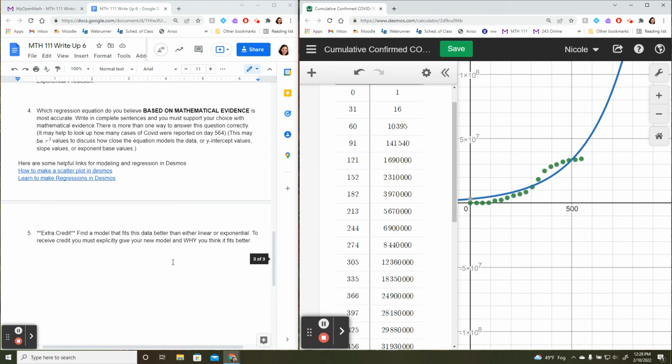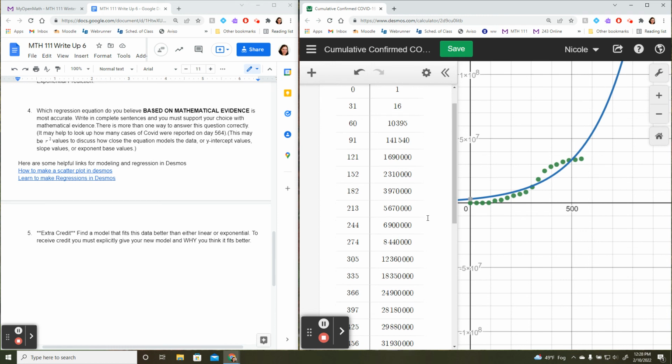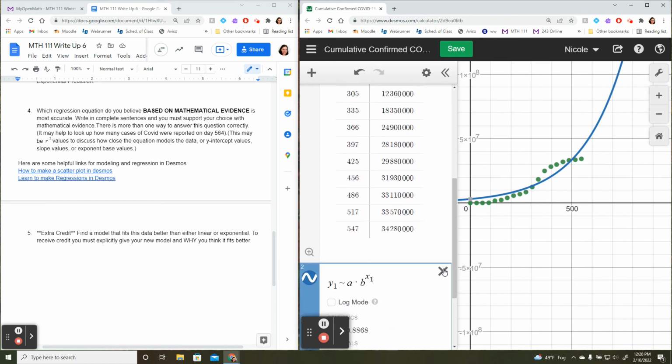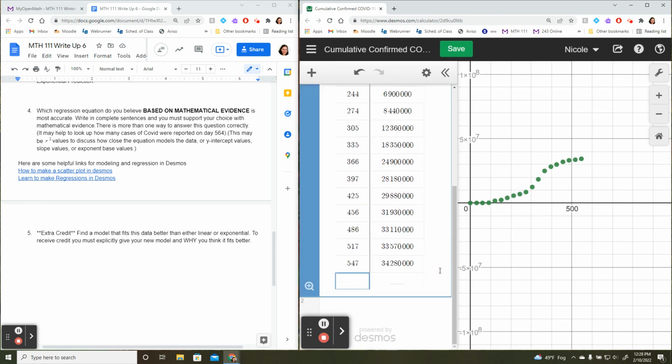And if you want a little bit of extra credit, find a model that isn't linear or exponential. There are a lot of other functions that you guys know about. Give it a whirl. Doing regression in Desmos is super easy. You just put in the format of the model that you want. If you wanted quadratic, ax squared plus bx plus c, or something else. And then you must explicitly tell me the new model and why you think it's